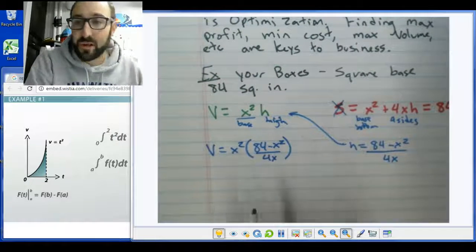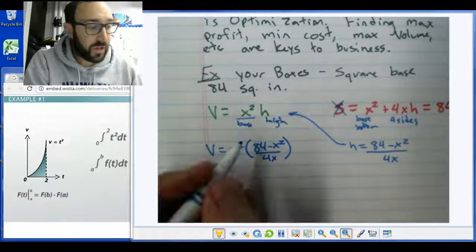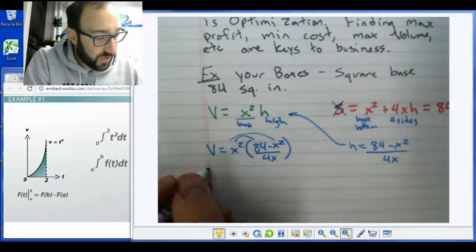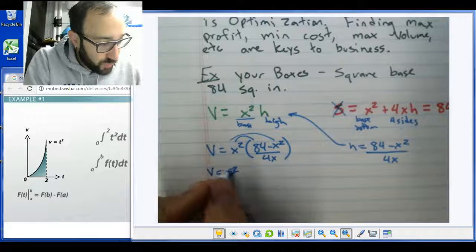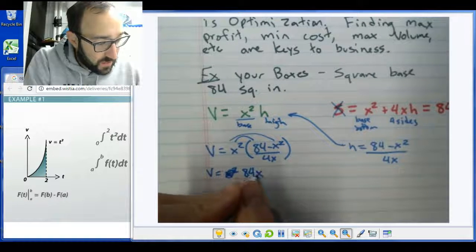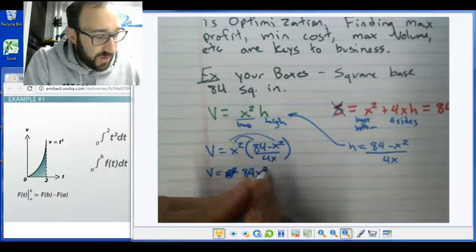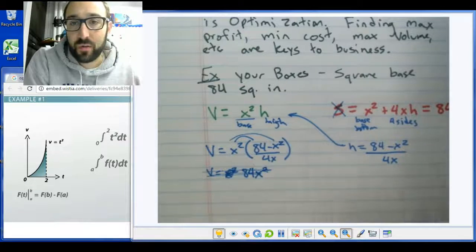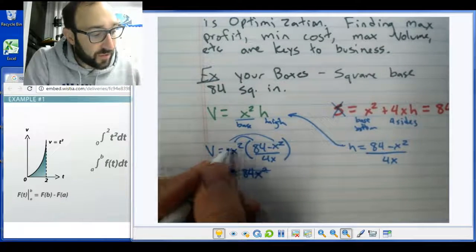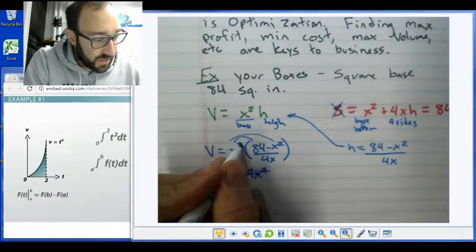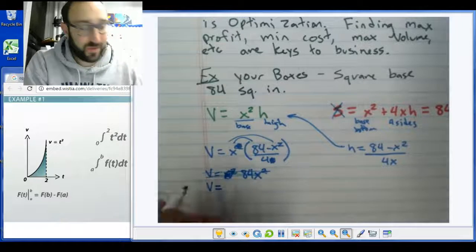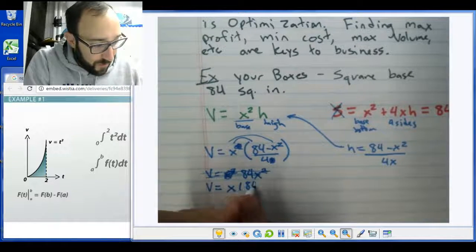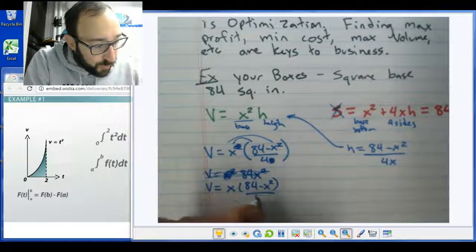I'm going to clean this up a little bit to make it easier for what I'm going to do next. Distribute the x squared in, I should get volume equals 84x squared. I'm not even going to do that. Hold on, I've got a better way to do this and make it a little bit faster. I'm going to cancel out this x and this x. That way I'm left with x times 84 minus x squared over 4,